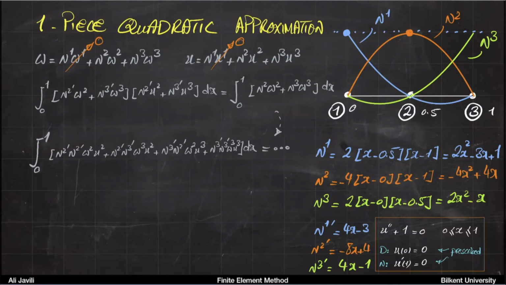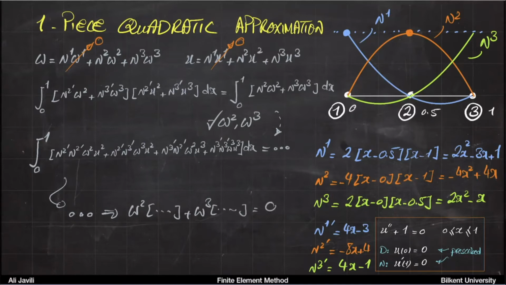Now, remember here we have two brackets, but also remember eventually the step that we want to do is that we want to use the fact that this thing is valid for any W2 and W3. Okay, so remember again, if you do the integral in terms of x, eventually you end up with something which would have W2 times something plus W3 times something equals 0, right? Remember we did that, and we said because W2 and W3 are arbitrary, then this is 0 and this is 0. So what I'm trying to do is to go through that step before we